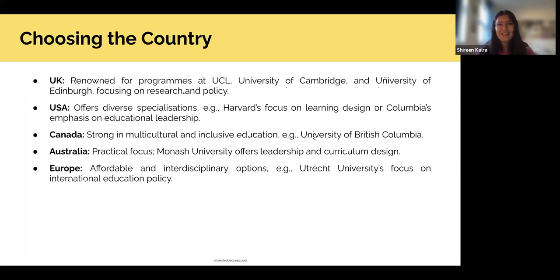But just having an idea of what your end goal is, like are you going abroad just to study and then come back home and take a job, or start to study further in your home country? Is it that you're going abroad to do that degree and then maybe apply for a DPhil there or somewhere else? Are you going to another country to do the course and then take up a professional job in that country itself?